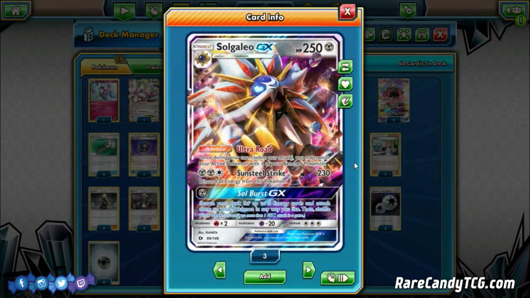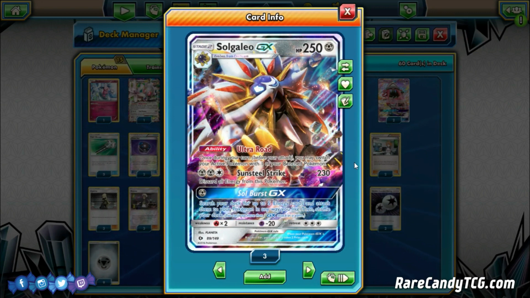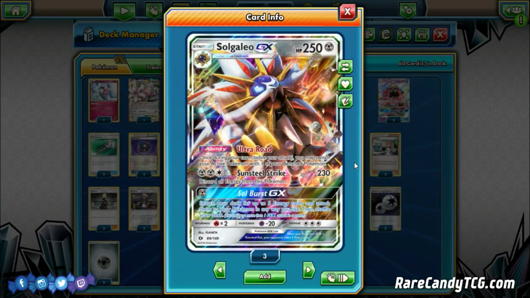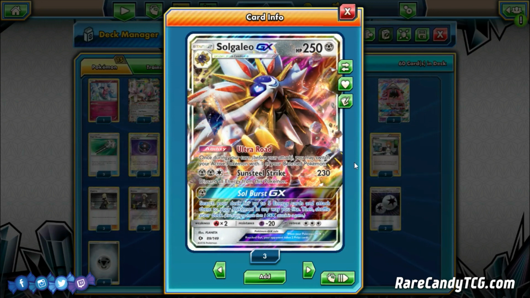You already have 1 energy on your active Solgaleo, you can throw 2 more on there, then 3 on another Pokemon, maybe like another Cosmog or something like that, to set up another Solgaleo GX for at some point in the game as well. One thing that's really important to note is that it doesn't specify what kind of energies. So that means we can even search out special energies, which we do play in this